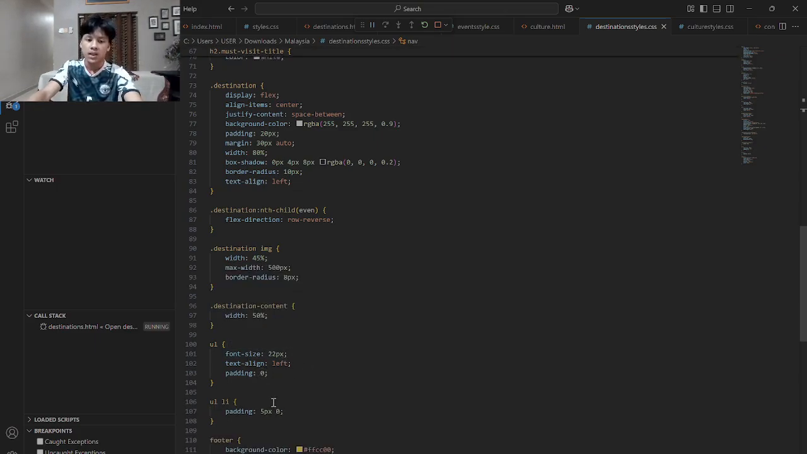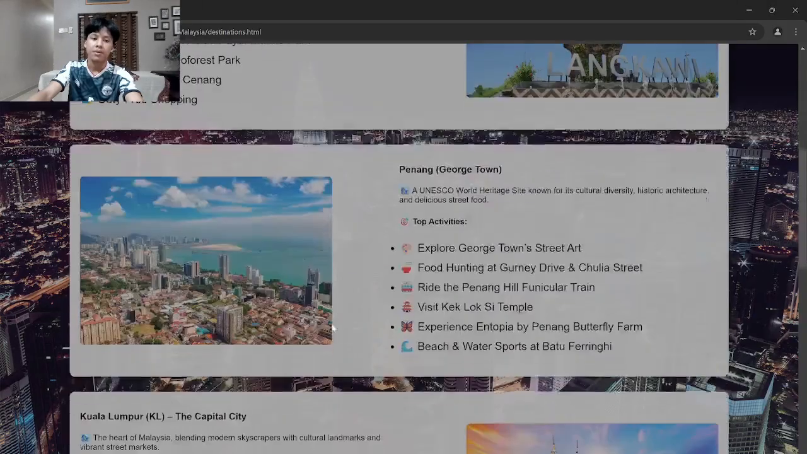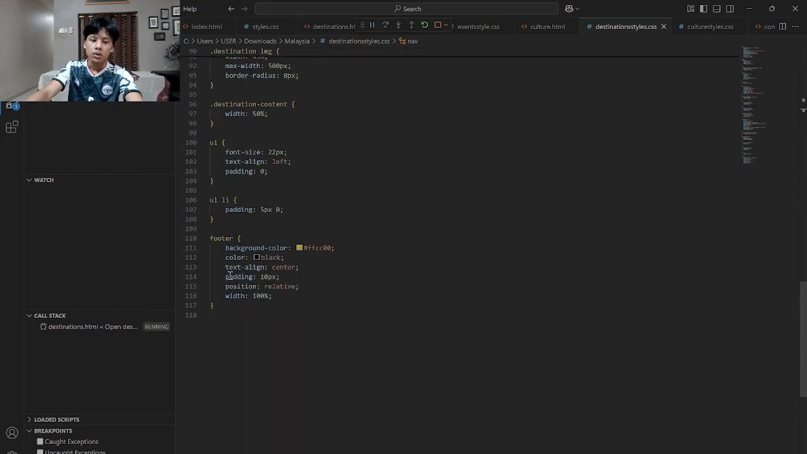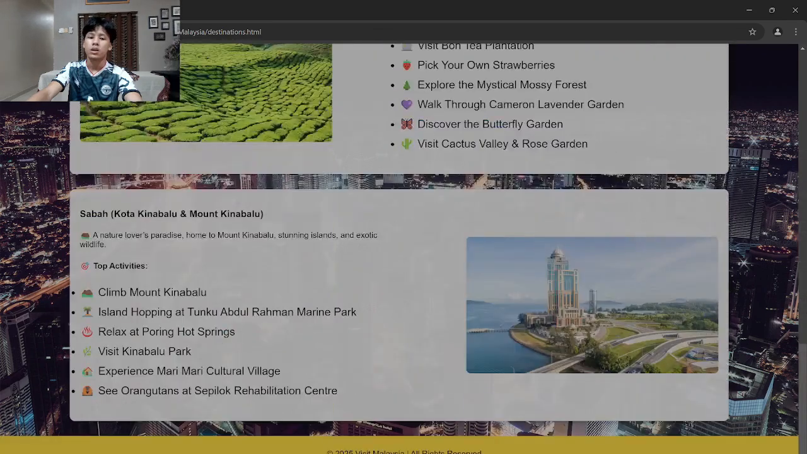22, text align is left, and then padding 0. So the next one, UL LI padding 5px 0. Footer for this one